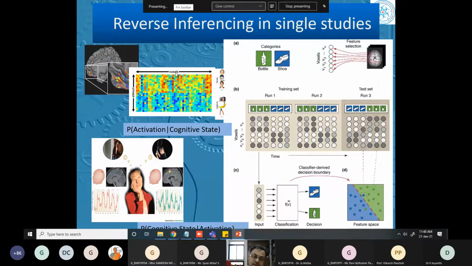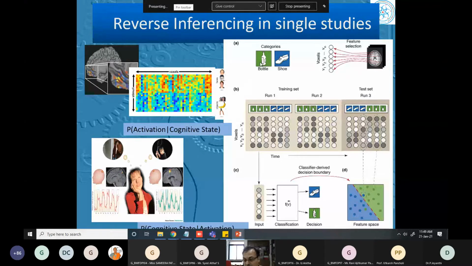So for example, I can have these voxels. This is known as multi-voxel pattern analysis, or machine learning-based approaches, where we are doing brain reading. If you have a set of voxels and there is an object that you are seeing, like a face or a house, some tools or other objects, you want to distinguish them. What you do is this multi-voxel analysis, right?